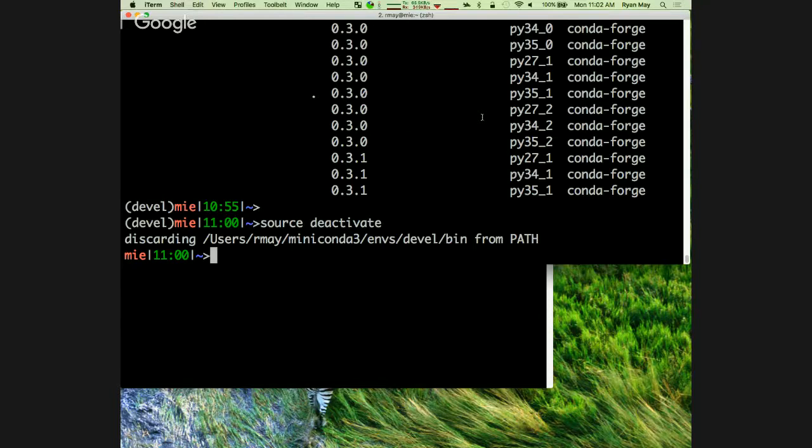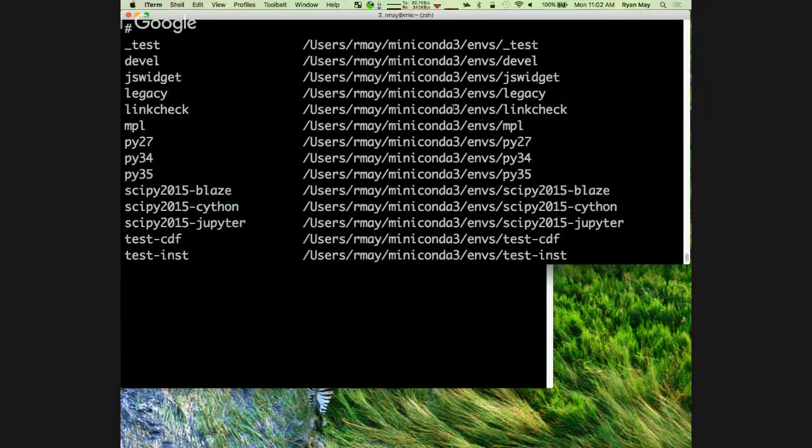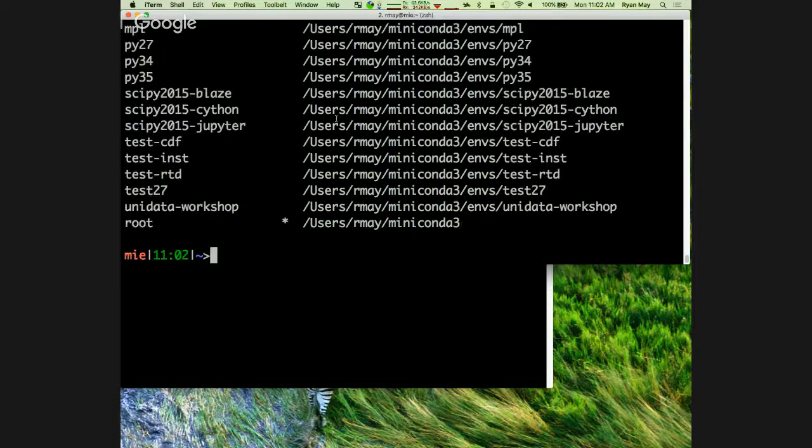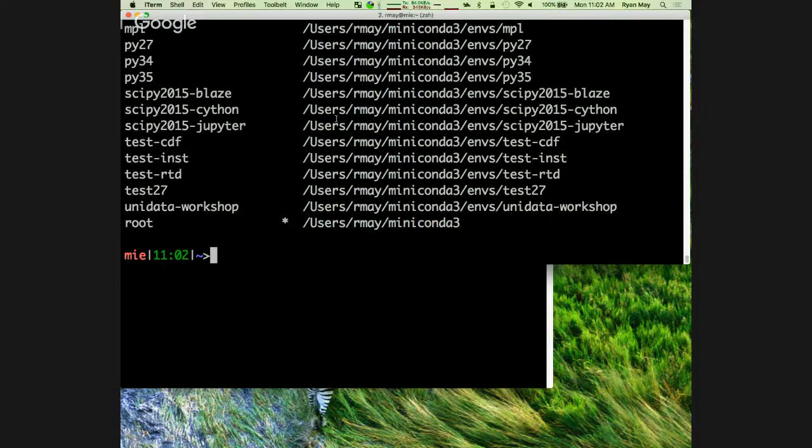So let's see. If you want to see what environments you have, there's conda env list. I'm going to have a lot more. You guys should probably have, I think, two. Developing and root. Yep. Root's the base conda install. So conda's written in Python, so it has its own environment and set of tools there. And you can install your own there. You don't have to use environments. You can just install things there.